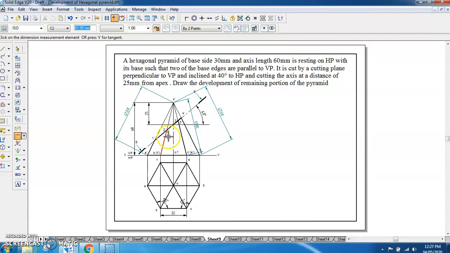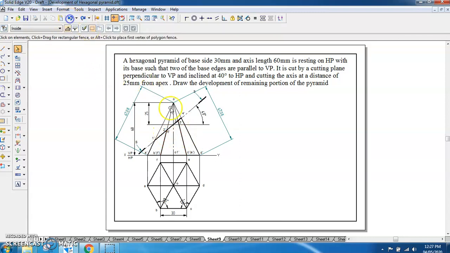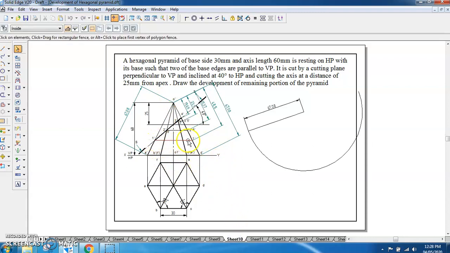As we do the development based on the true length, to develop any part we have to have the true length. Here we are not getting the true length for the other edges. So what we do is project all these cutting points onto the true length of the edge. Here AO and DO are representing the true length, so we can project all these cutting points on these two lengths. We'll be considering DO as the edge which represents the true length, and we'll be projecting all the points. 1 also we are projecting, 2 and 6 also we are projecting, 3 and 5 also we are projecting, and 4 is there on DO itself.